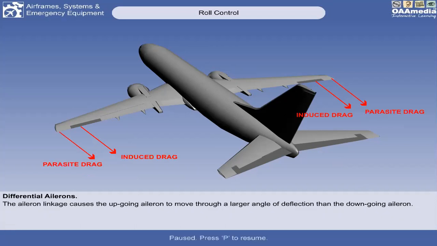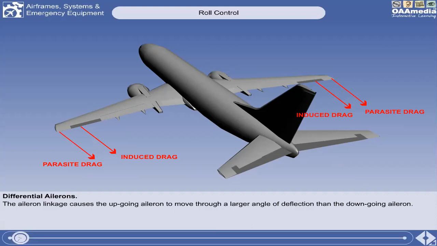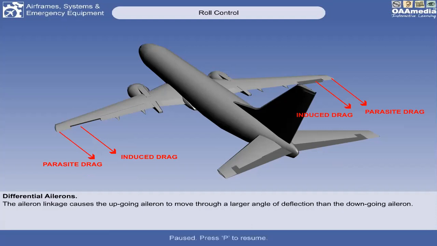The first method to compensate adverse yaw is by means of differential ailerons. With differential ailerons, the aileron linkage causes the upgoing aileron to move through a larger angle of deflection than the downgoing aileron. So the deflection of the upgoing aileron has a bigger angle compared to the deflection of the downgoing aileron. Because as we said, the aileron deflected downward, or the downgoing aileron, has